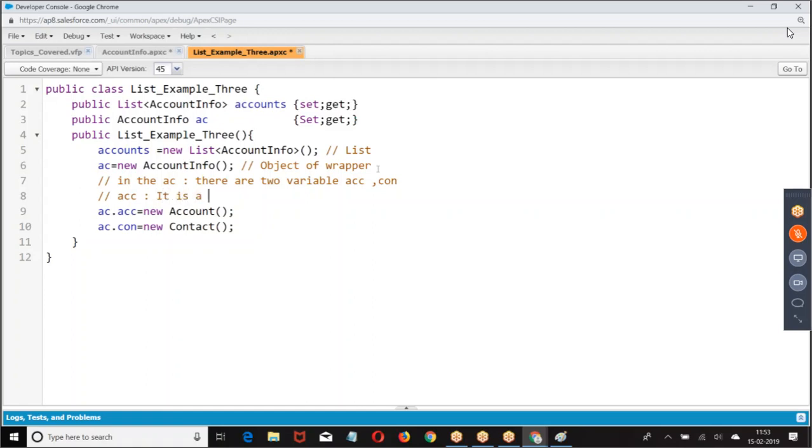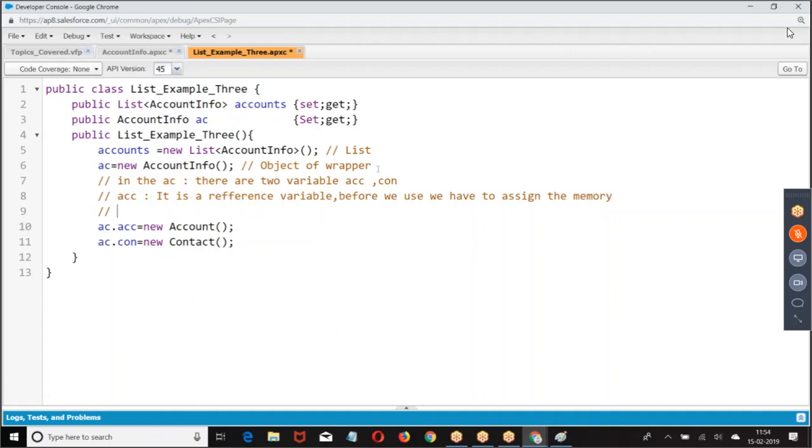It is a reference variable. Before we use, we have to. So I have given AC dot ACC equal to, right?